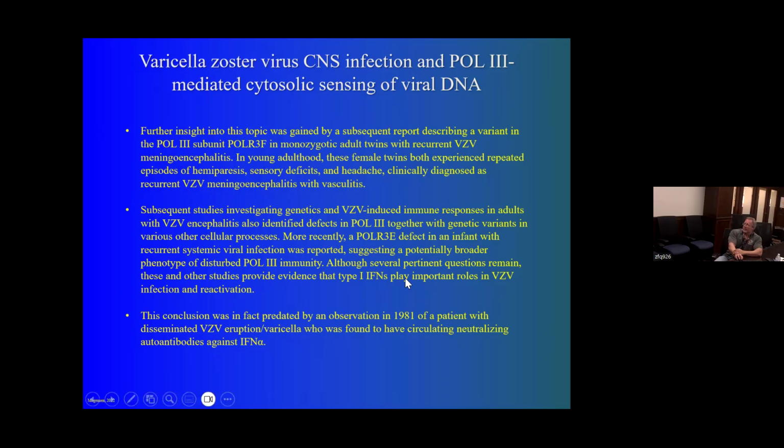Some additional studies have followed up in other individuals that maintain this same genetic deficiency in RNA polymerase 3, and they've been able to further identify some of the mechanisms that are occurring. And there's still some questions to answer, but again, this is another example of where we're seeing the immune system from a non-specific perspective unable to generate a sufficient response against a viral pathogen because the host themselves has some kind of genetic deficiency. They have some kind of inborn error of immunity that's going to affect their ability to clear these viruses.